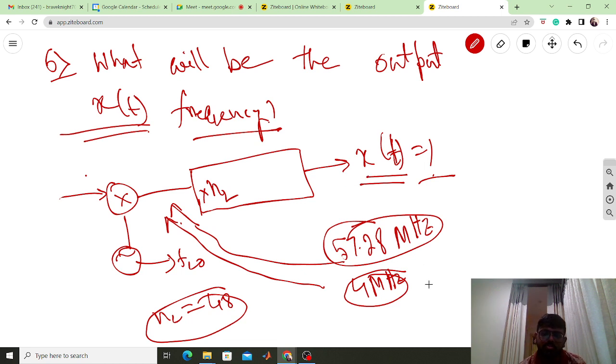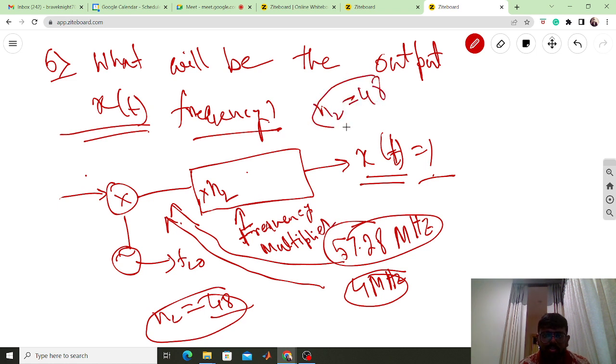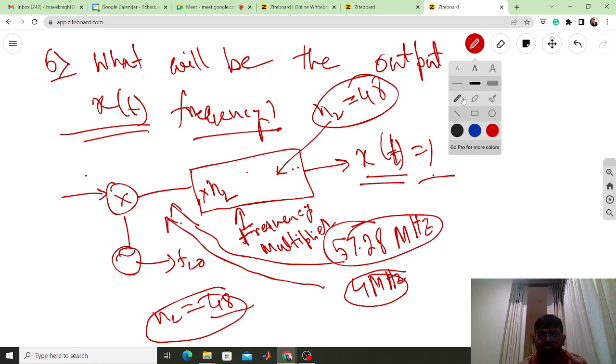You just have to multiply these two frequency by a multiplication factor of 48, because these are the frequency multiplier. So if you have noted the previous question, you can see that there is a frequency multiplier, but N2 was the value given as 48. So you just multiply these two, and the output you will get,